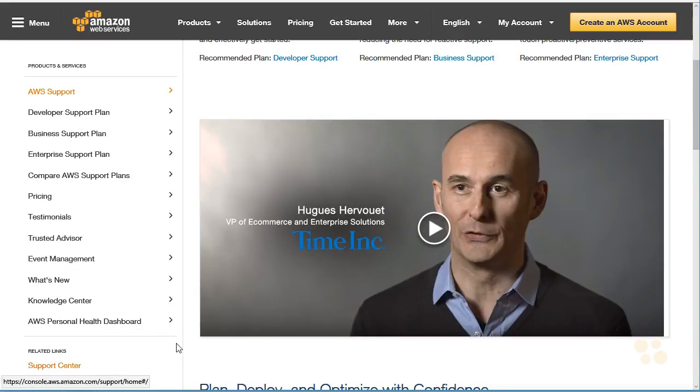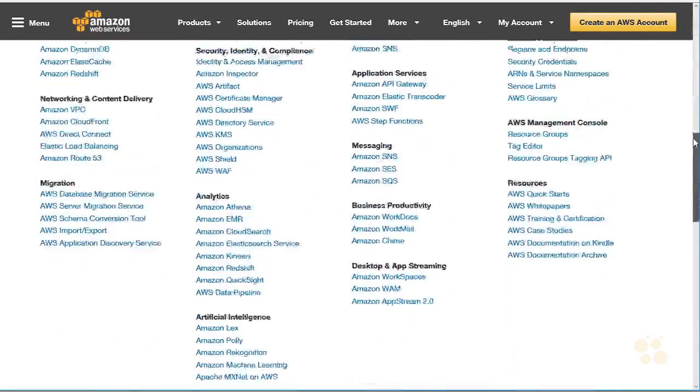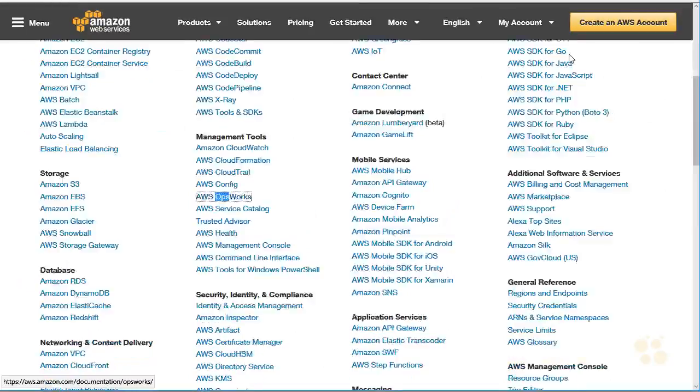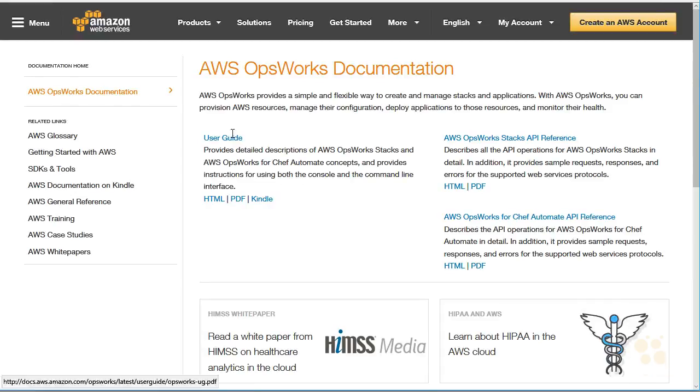It's for documentation. There are so many products, obviously, that you may want to do a Control F in your browser, and I'll do a search on Ops in OpsWorks, and there it is. And if we go to the documentation homepage for AWS OpsWorks, notice we have a user guide, a Stacks API reference, and a Chef Automate API reference. There's a product called Chef Automate that this works beautifully with.